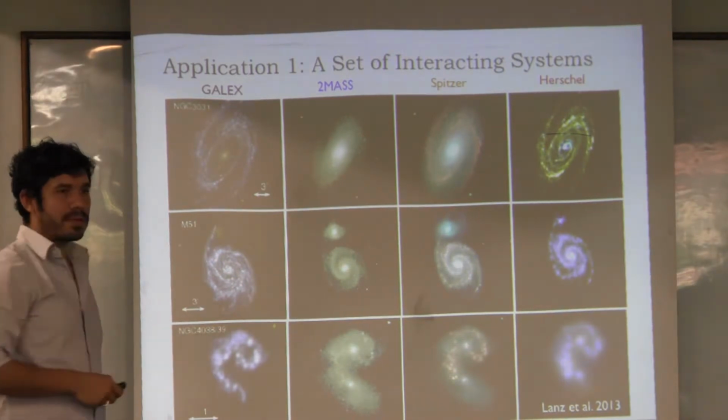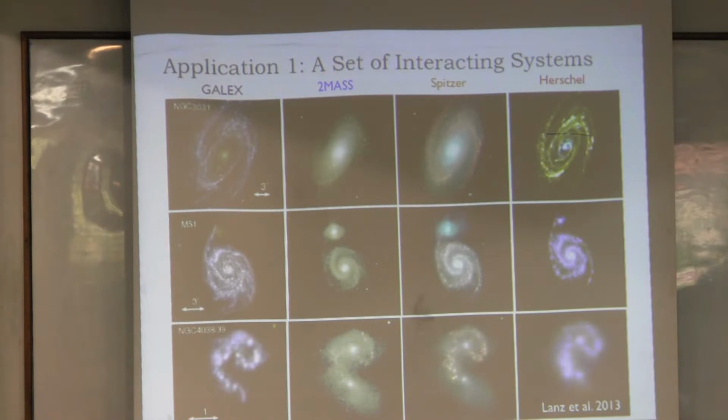So this is a first application of this method. We have been looking at interacting galaxies together with Lorraine Lance at the CFA, who has done a very nice job by taking a collection of about 40 interacting galaxies at different stages, as you see here, all the way from systems that are interacting, but maybe you see here only one of the galaxies interacting, but they are still far apart and they are not disturbed, so they have a very nice morphology.